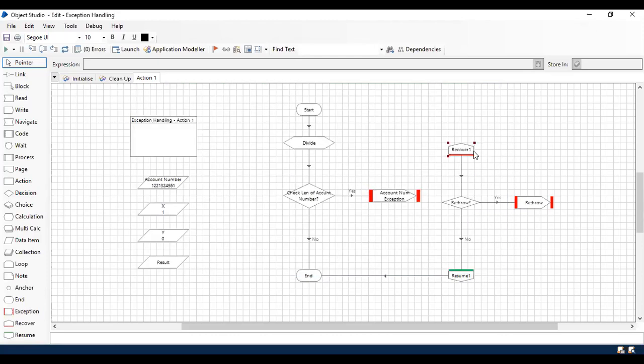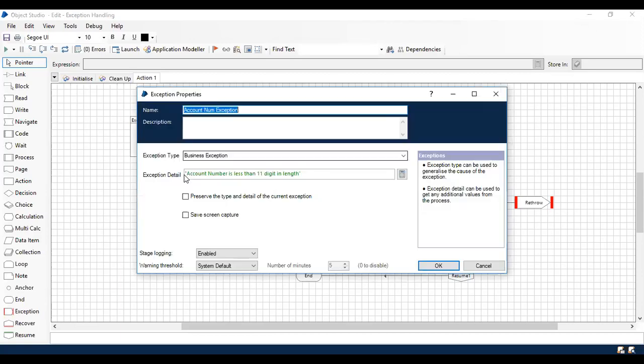And here in the recovery, we are going to check what exception type it is, whether it is a system exception or a business exception customized by the user. You can see here it has been customized and the exception type is business, and the details we have given, so it is not preserved. Here you can see it is preserved, because for the exception directly thrown from Blue Prism, we need the exact exception. We don't need any customization by the user; we basically need the internal error directly thrown from Blue Prism. Now, running this example, we will come to know how and where exactly these exceptions are used.